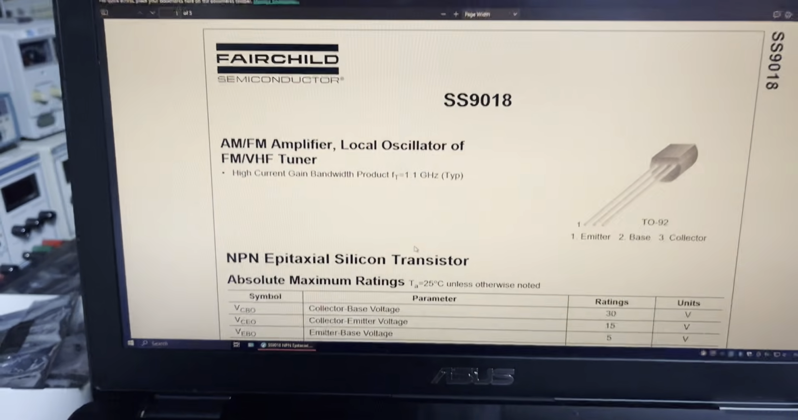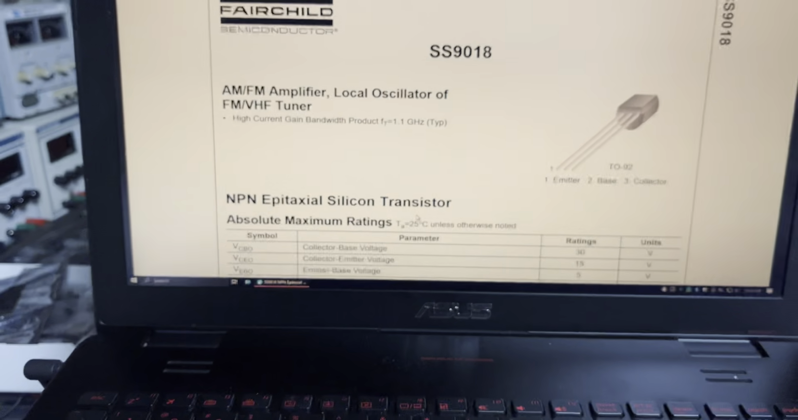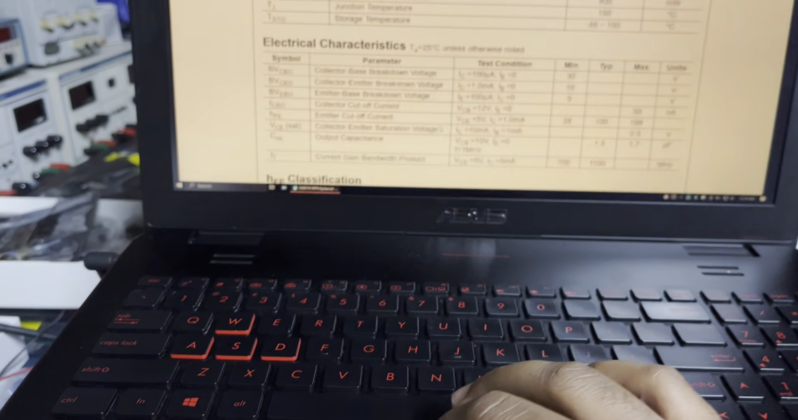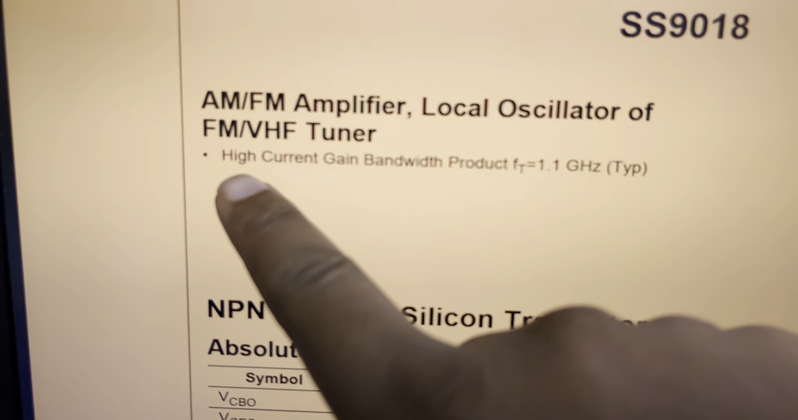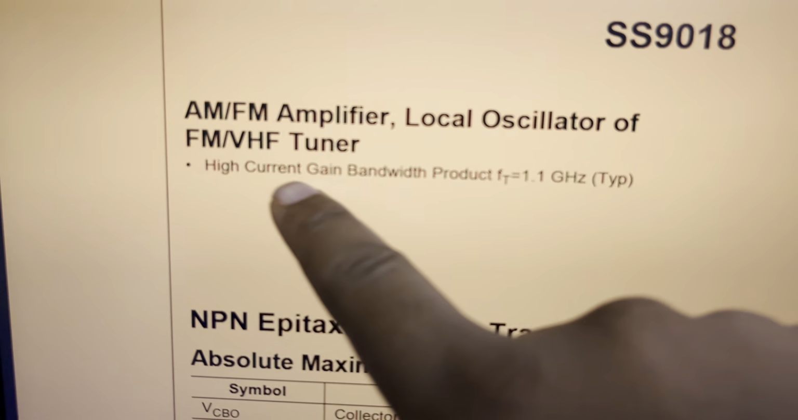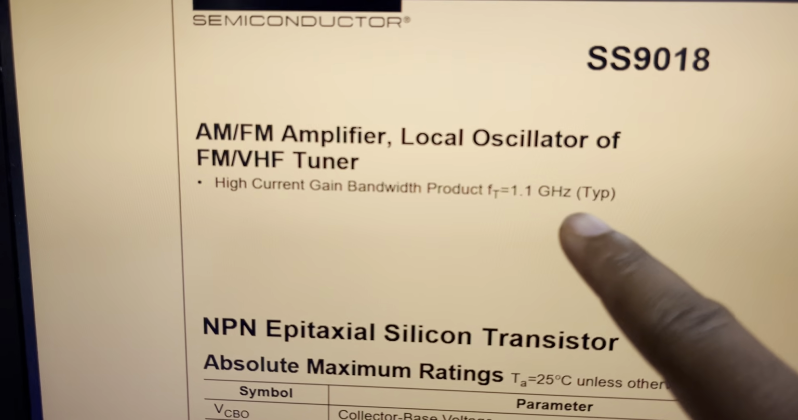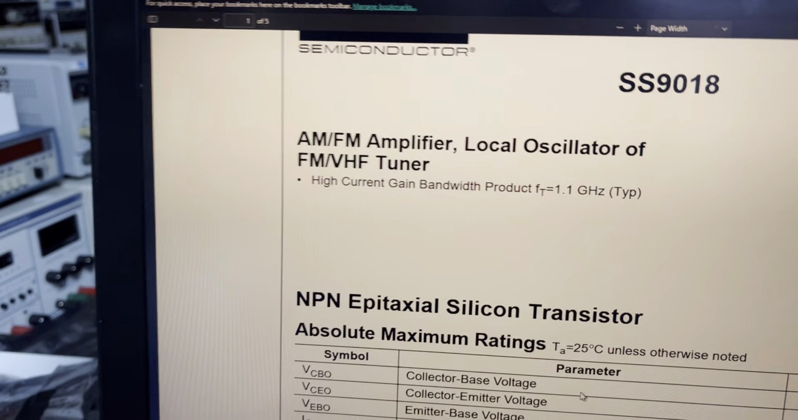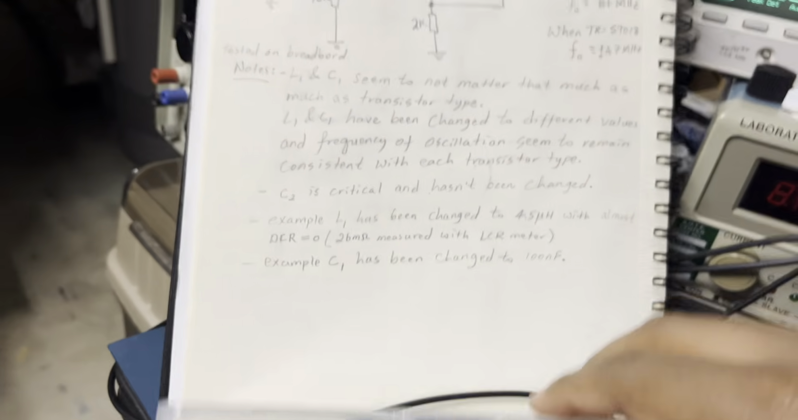data sheet here real quick, sorry for the flashing of this screen, but if we look at it, one of its selling points is high current gain bandwidth product, FT equals 1.1 gigahertz typical. So how do we know if this is that transistor, right? So we can use a simple